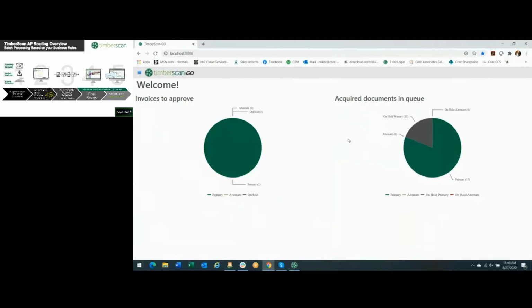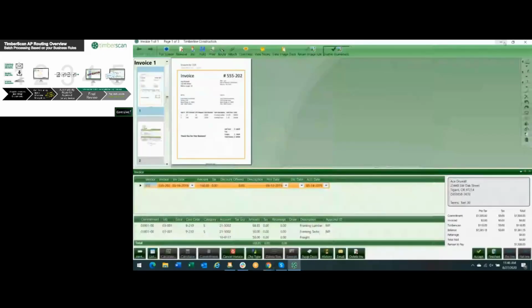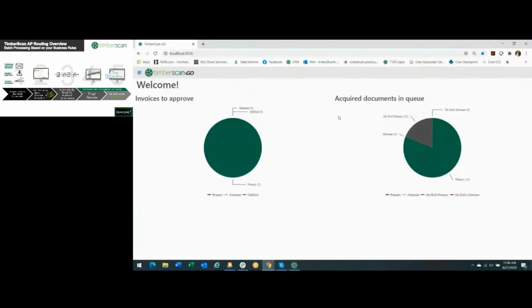However, if you decided that you want to use Timberscan in more of a cloud environment integrated with Sage 300 CRE, we're taking all of the Timberscan tools, everything that's over here, and we are incorporating them